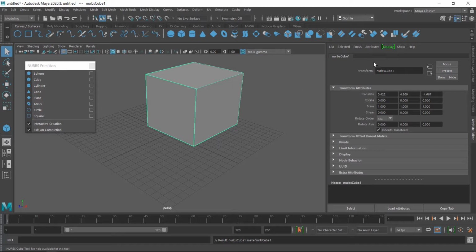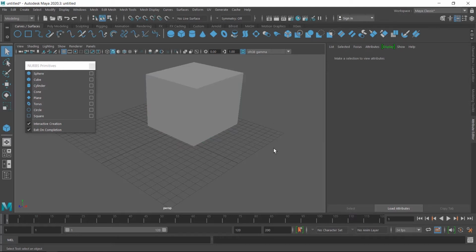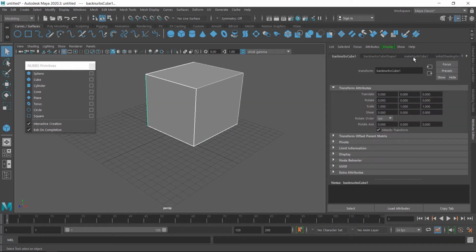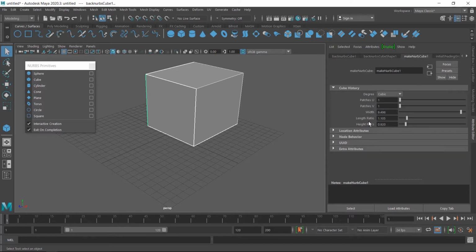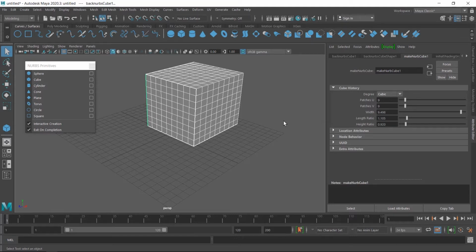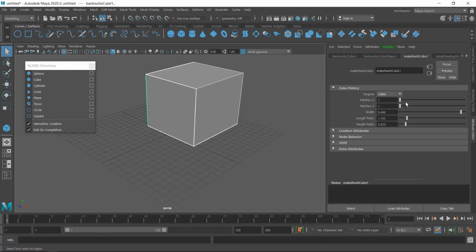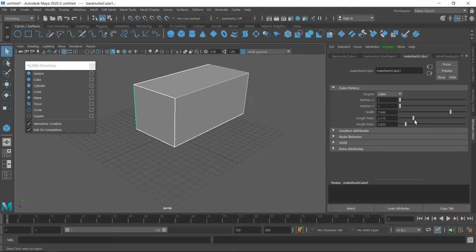Cube related parameters are not available in the attribute editor. So first click outside and deselect this and then select this cube again. Now parameters are available. Now click on the makeNurbCube tab. All the parameters are available here. First parameter is related to patches U or V. By click and drag, you can increase the division lines. I set default again. And the other parameters are related to height, width and length; you can increase the height, width or length by click and drag on these sliders.